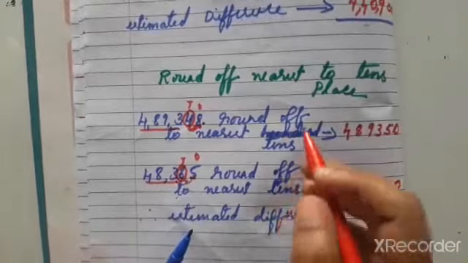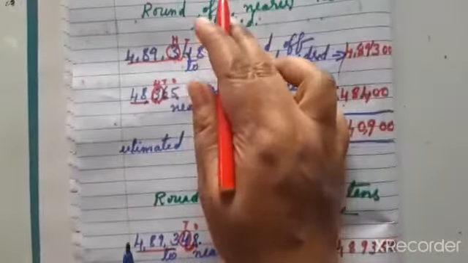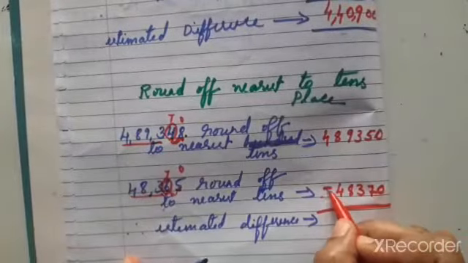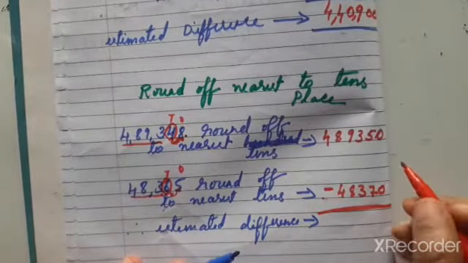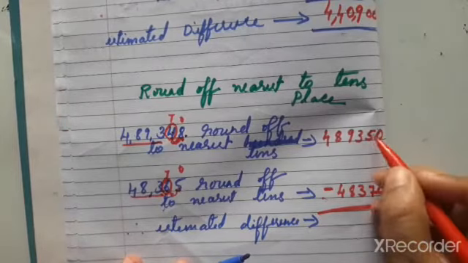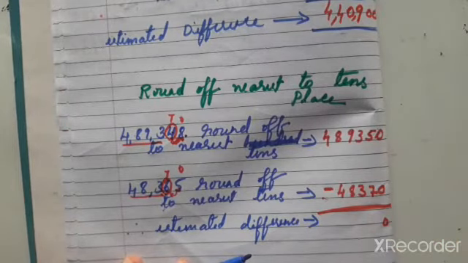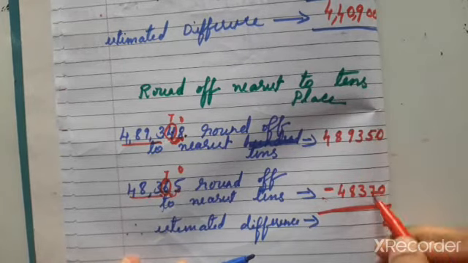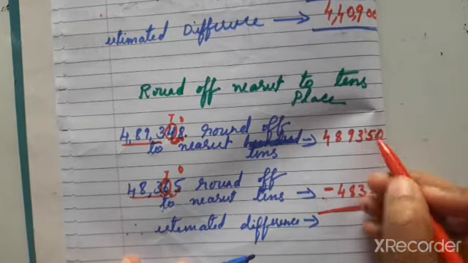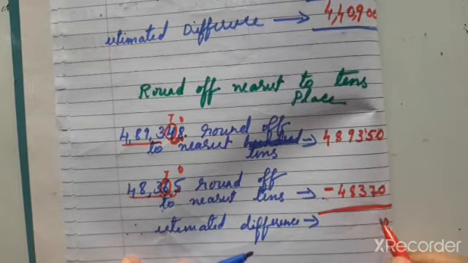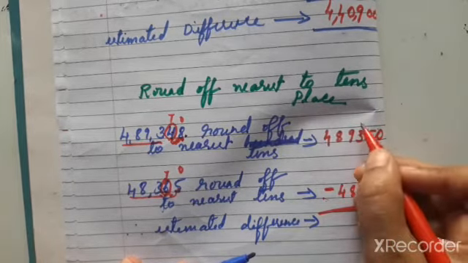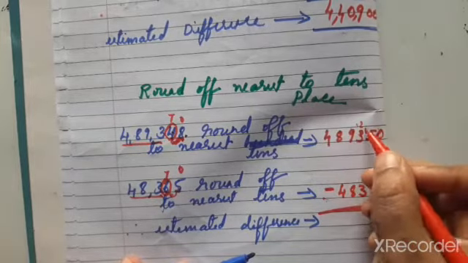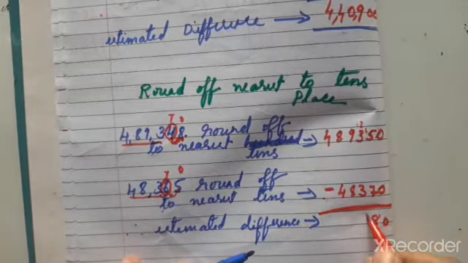Okay. Now find the difference, minus symbol. So we have to write minus here. Estimated difference in the tens place, 0 0. 5 minus 7 we can't subtract it, so we have to borrow 1 from your friend, 15 minus 7 means 8. Now here 2 minus 3 can't, so take 1 from here. Now 12 minus 3 means 9.